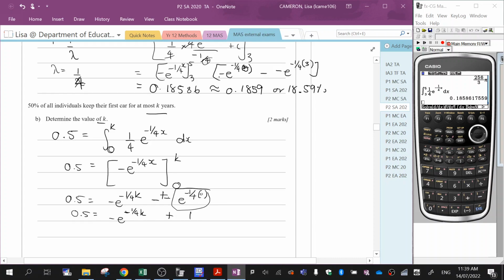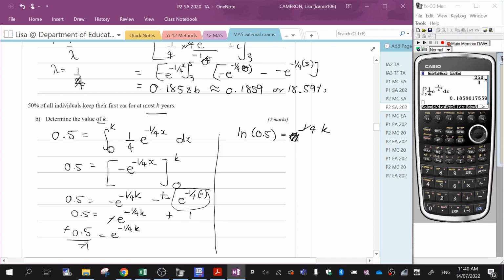Take this to the other side, it's going to become negative. So now I'll have 0.5 minus 1 will be minus 0.5. Now I can divide the other side by negative 1 to get rid of this as well. So this is what I've got left at the moment. Okay, now I can take e across. This part's going to become positive. So now I've got ln, log with base e, 0.5 is equal to e to the power of, e's gone now, negative 1 on 4